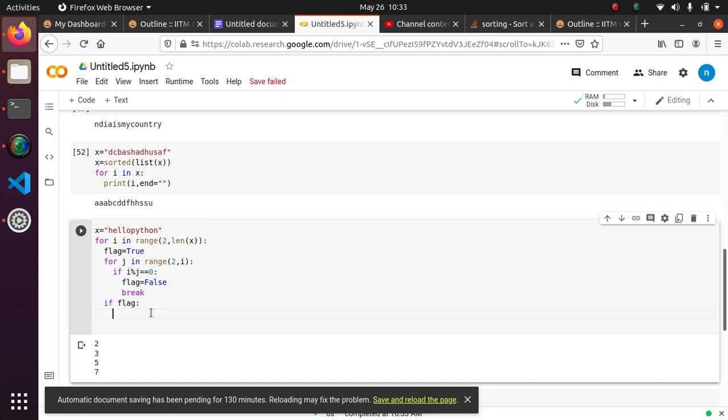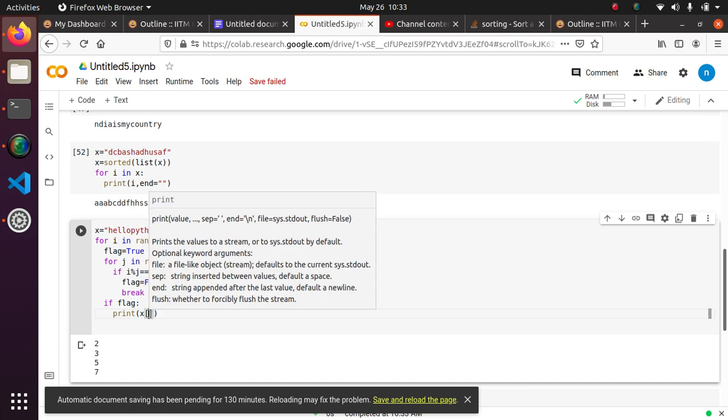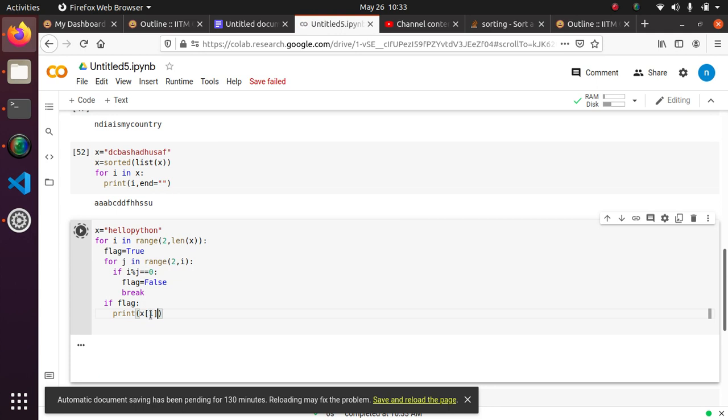Okay, now it's very easy. Print of x of i. That's it, I guess. So if you are doing this, it will be working. So similarly, I guess you can understand what the logic is here. We need to find the prime numbers within the length of the string, then print the character at the prime numbers. Okay, so if it is 2, it means you should print the character at the index of 2. Okay, 2 3 5 7 11, something like that.